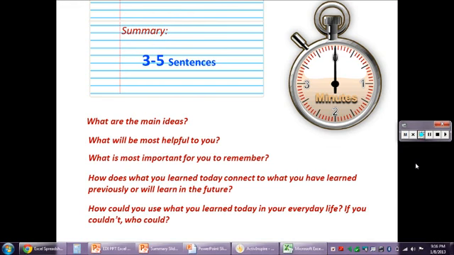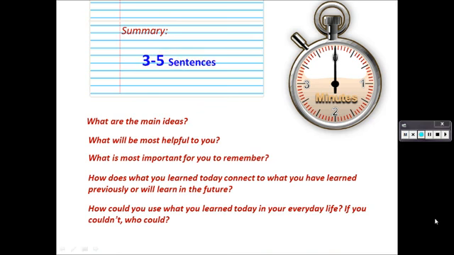I want you to spend a few moments, write a 3 to 5 sentence summary of what you learned about entering formulas and calculating formulas in Excel. These are some prompts you can follow to help you complete the task. You can tell me what the main ideas are that you learned today, what will be most helpful to you, what is most important for you to remember today, how does what you learned today connect to what you've learned previously or what you may learn in the future,